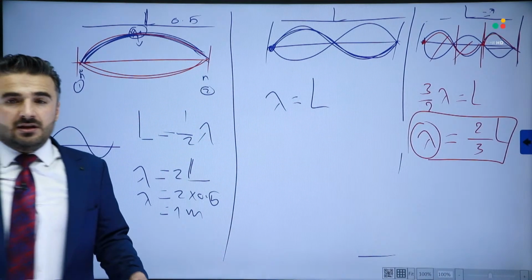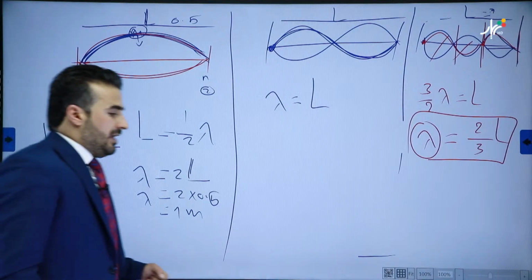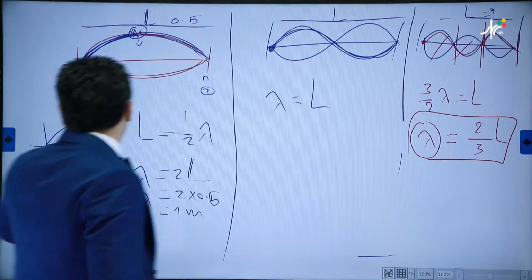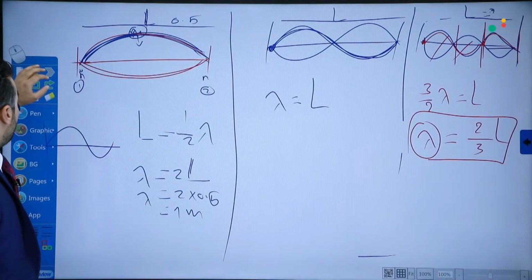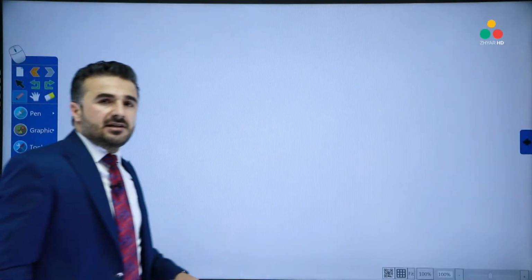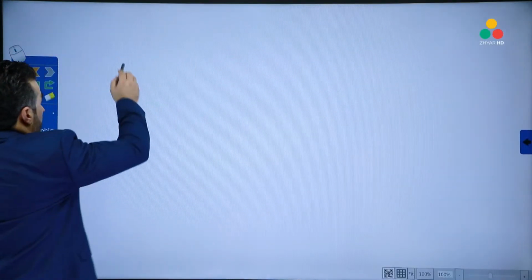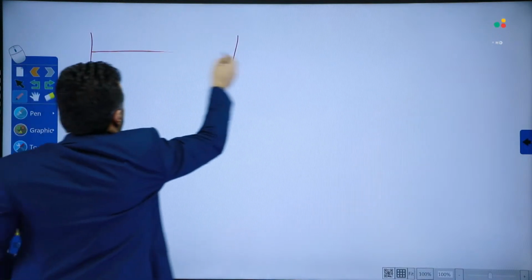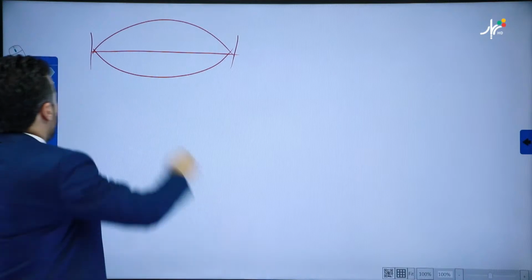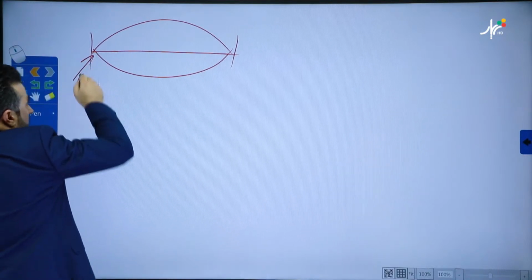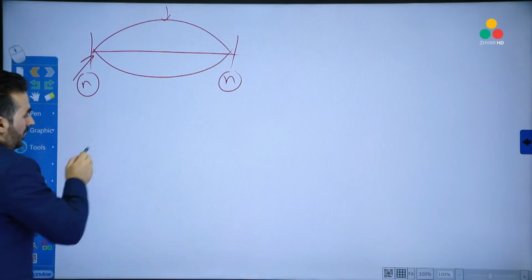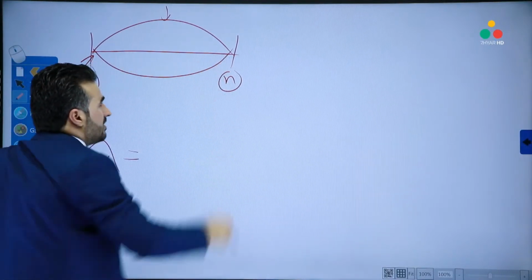So now, based on this, let's say we want to know what frequency or what wavelength creates a standing wave, okay? Remember this. We said one of the standing waves that we have is this, yeah? So remember this. We have two nodes, okay? And of course one antinode. So based on this we can say, in order to know, as long as the two ends of the string